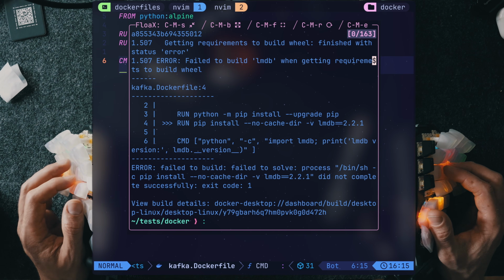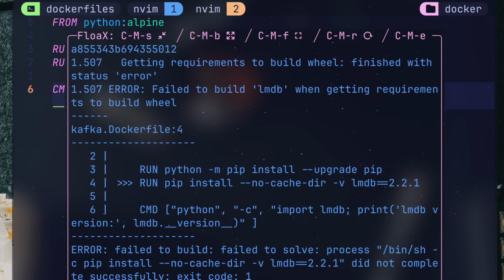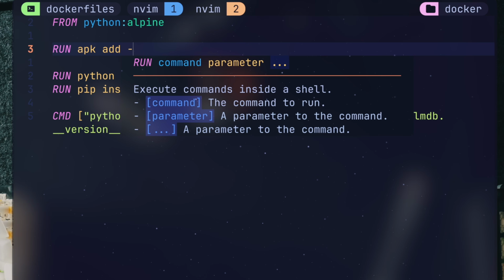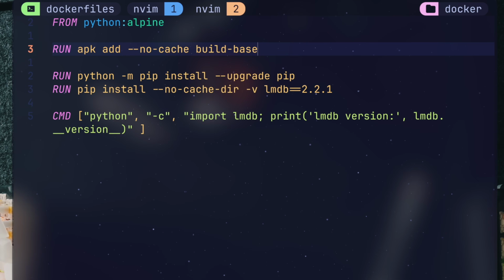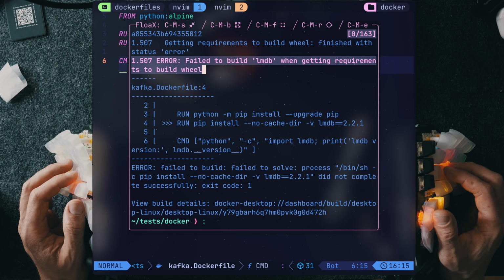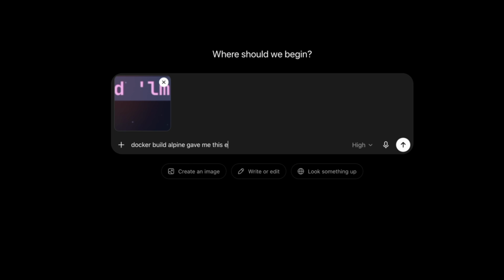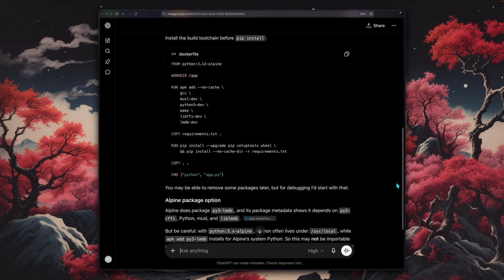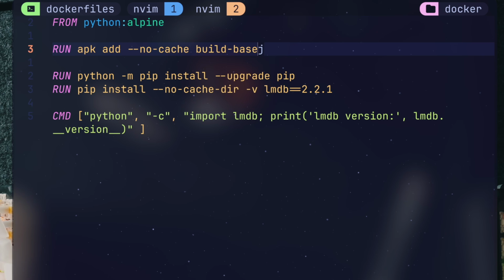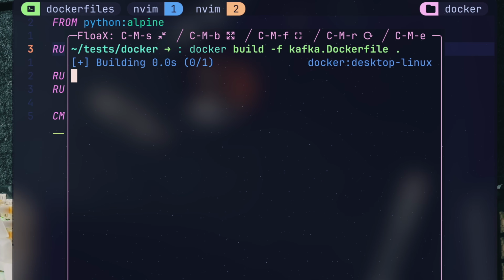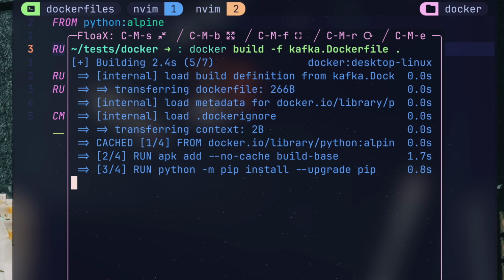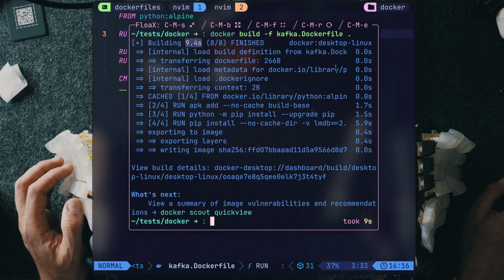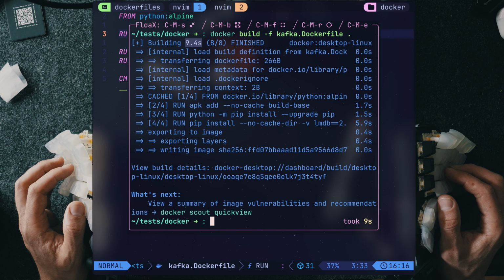Now, Alpine fails to build lmdb, which is a tiny key value store written in C. We've mentioned Alpine with its musl libc doesn't get the support with releases, so it needs to build from source. And what people usually do is paste this error to ChatGPT and have it fix things for them, which usually comes back with, sure, apk add build-base, which is a C build toolchain that comes with gcc, make, musl-dev, and other small libs you've probably found yourself adding in the past. If we build our image now, it finishes successfully with a small build time.